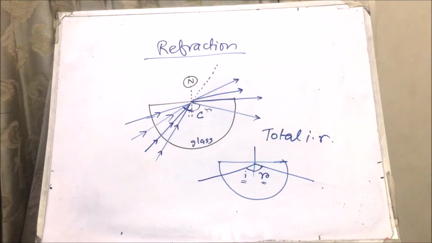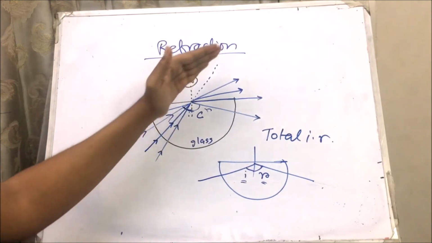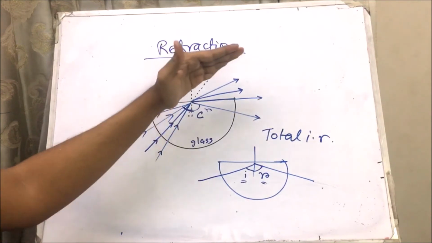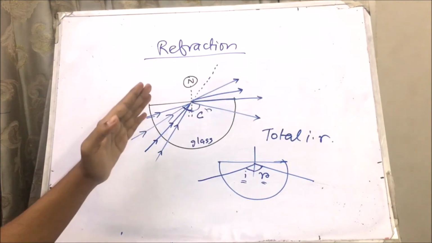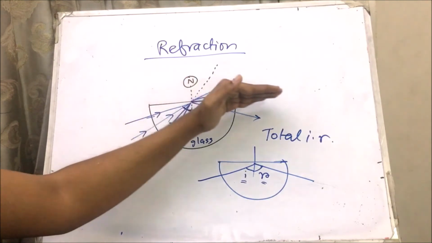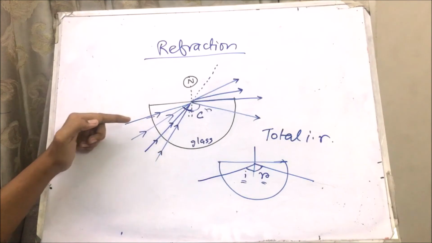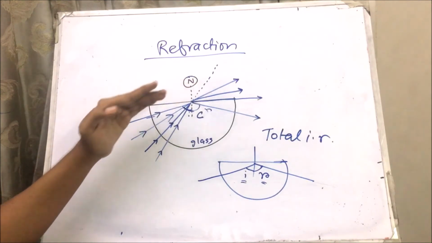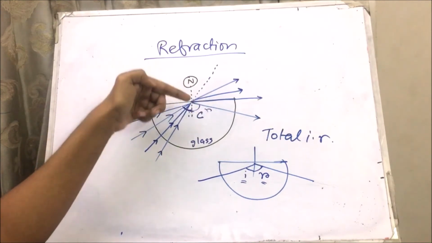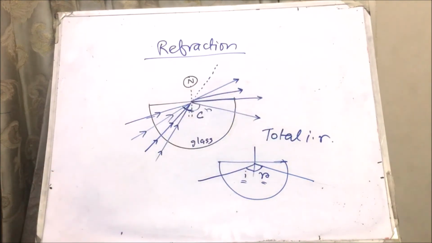So as a summary, when the angle of incidence is less than the critical angle, some refraction happens. The light goes away from the glass. When the angle of incidence is equal to the critical angle, the light just travels along the air glass boundary. When the angle of incidence is greater than the critical angle, then the light does not escape the air glass boundary. The light just gets reflected inside the glass once again. And this reflection is called total internal reflection.